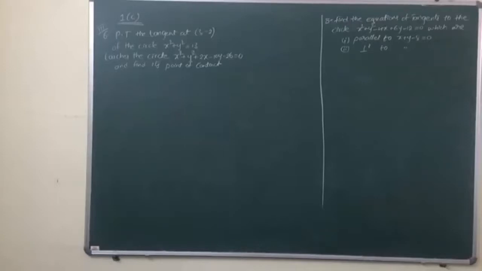The second question is also a very simple one, the eighth question. You just have to find the slope of the tangent with the given conditions, and then you'll know the value of m. After knowing the value of m, there's a formula, na? How to use that directly.